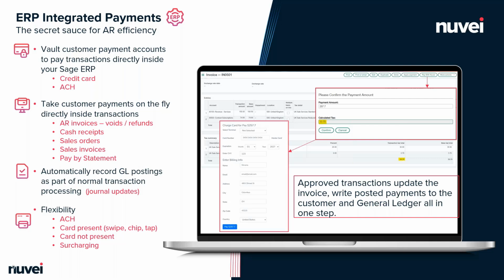So on those transactions where you may be offering credit card as a payment method, you can actually charge back some of the fees that you incur in order to recoup some of those funds. Now there's a second branch to our integrated payments. So we have our embedded payments that exist within Sage 100 itself. And then if we can go to the next slide,